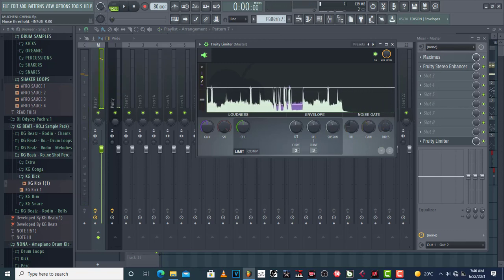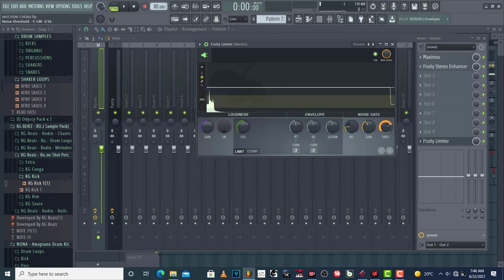So you can set the threshold. I'm just trying to give you guys an example. Don't overdo it like that. Set it to a place you feel like it's okay, and where the noise is a little bit taken out. Don't take it extreme. Don't do it much. So once you have set your threshold,